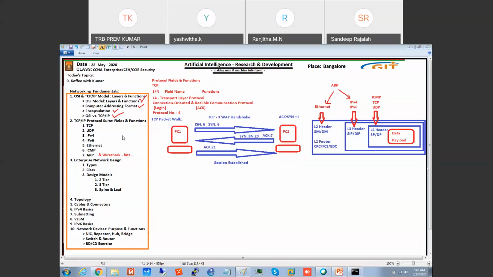They generally ask this in interviews also. What is the TCP three-way handshake? You have to tell it like this: SYN, SYN-ACK, ACK. Like that you have to tell SYN, SYN-ACK, ACK. So once this TCP three-way handshake happens, it's established. Now the real data transfer will start.